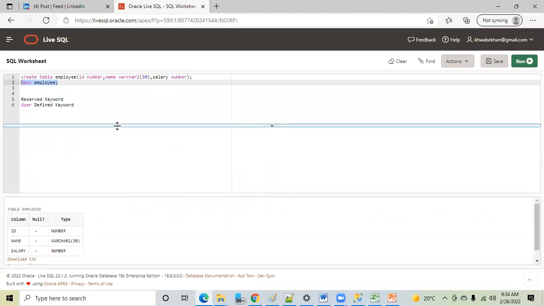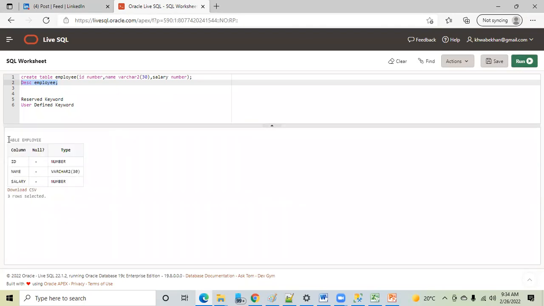Now, concentrate on this table employee. Employee was the table name which you have created. Perfect. How many columns have you created? ID, name, salary. Do you have these 3 columns? ID, name, and salary are coming here. Is this fine? Now don't think from that perspective that you have written ID in lowercase,